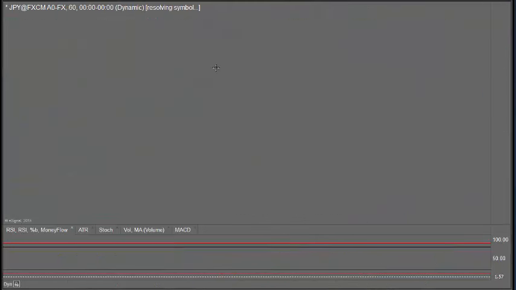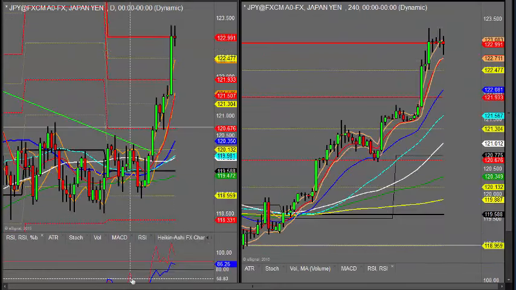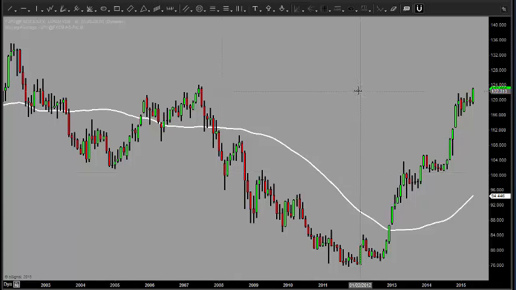Dollar yen. Now, this is a funny old pair. As I said yesterday, it could be breaking the highs. I've actually had to roll right out to a monthly chart here to see where the next high is, and you'll find that quite a few technical traders will be doing just this, looking for the previous resistance points. The next one is at 124.15, so a bit of a way to go,